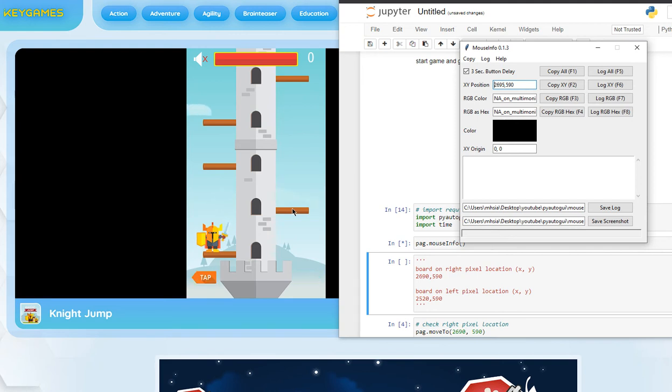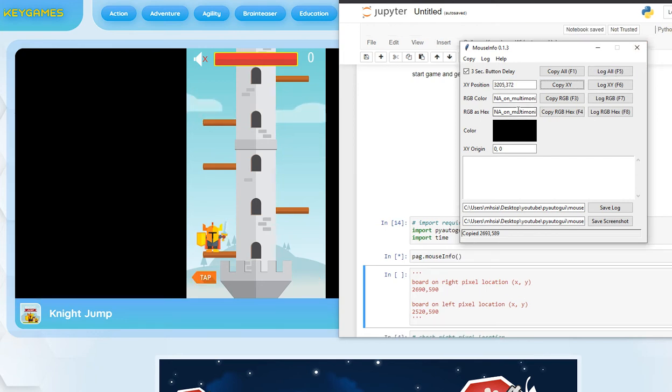You can either just write that down, or another way to do it is the copy command. If I click on this, the default for mouse info is it'll give you 3 seconds to place your mouse wherever you want to copy, and it'll do a copy. Let me show you. If I click on this, then I move the mouse over to just where I am, and after 3 seconds, it should have made a copy. I need to close this out. Well, actually, before I do that,